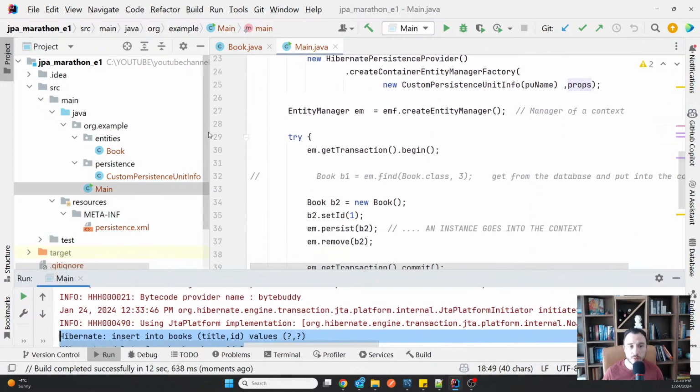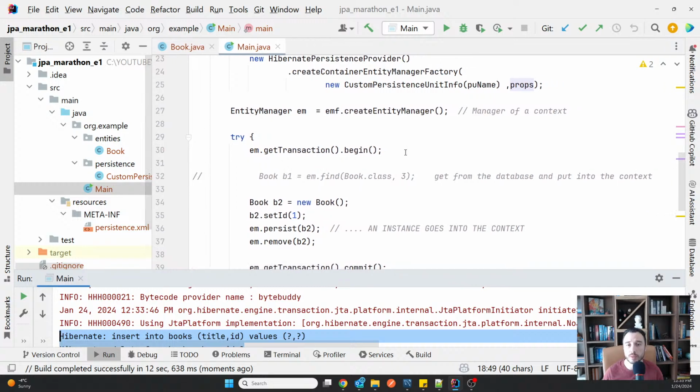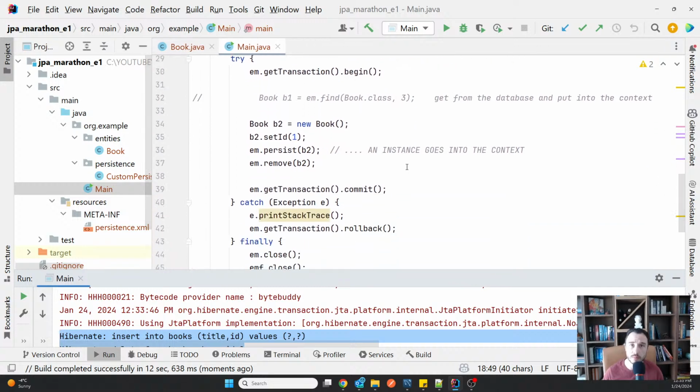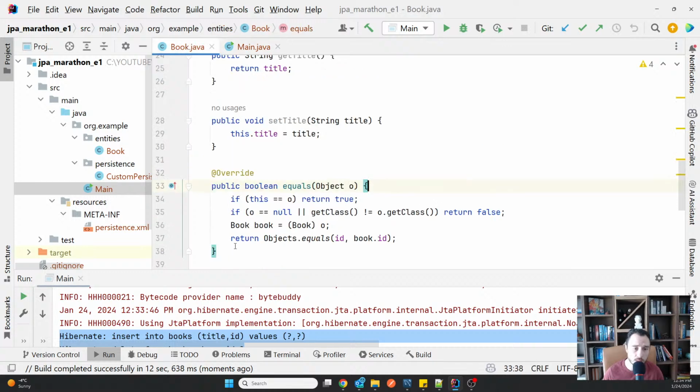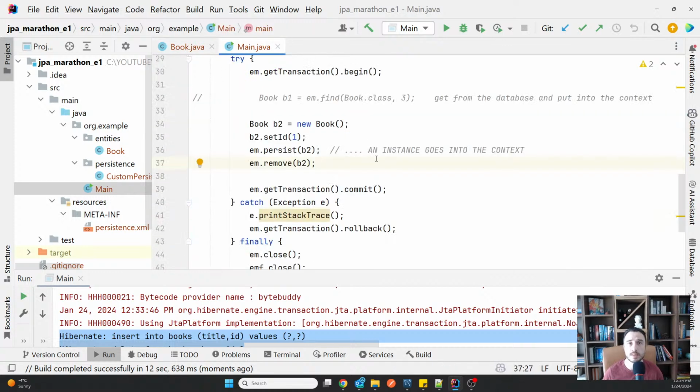But in a real world situation, imagine more complicated queries. You do have to review them. It doesn't matter that it works. You do have to review what happens behind the scenes. Because even with the simplest things, depending on how your database looks like, depending on how your entities look like, things can work differently. And that's what makes Hibernate difficult.